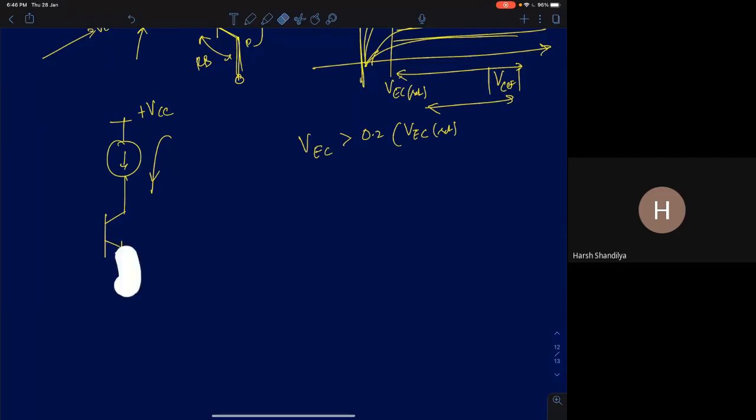See, for example, I've shown a BJT here. I can also have some circuit here. So this is called a sourcing current. The current is being sourced into the circuit. Sinking current,